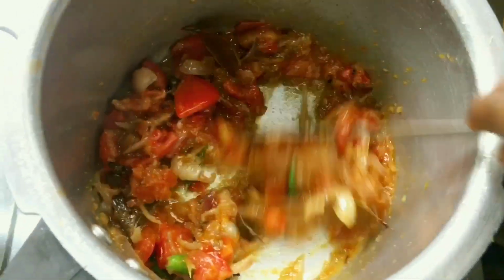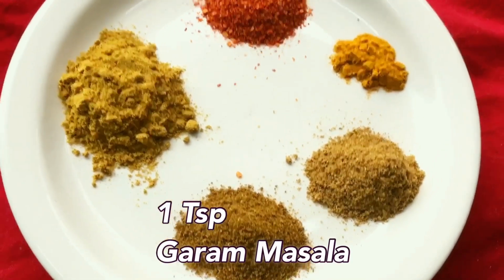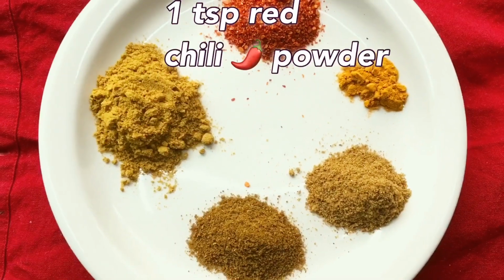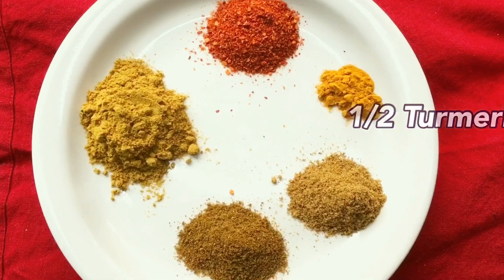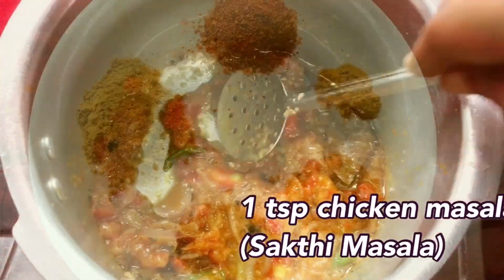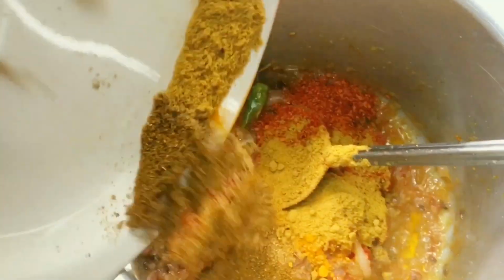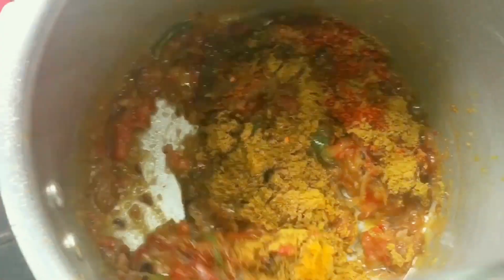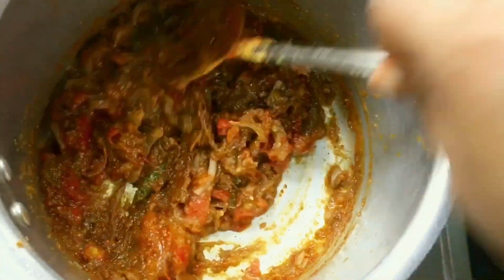While the tomatoes are cooking, let's prepare the powders. If you noticed, our masalas are much higher than the normal masalas we add to gravies. Why we are adding this much masala is, these masalas will make the gravy a little thicker,